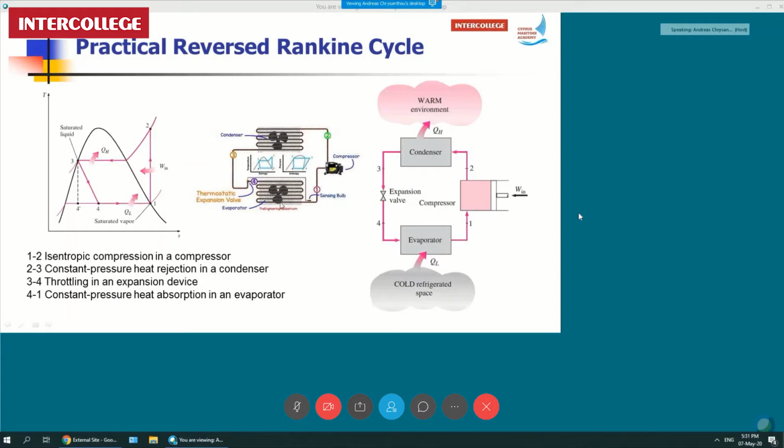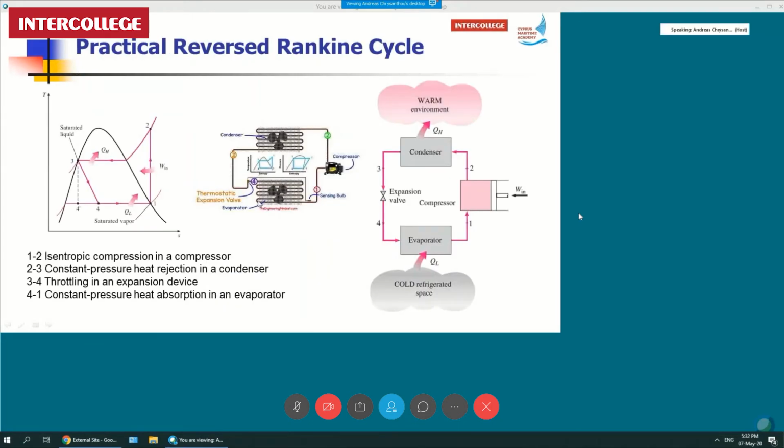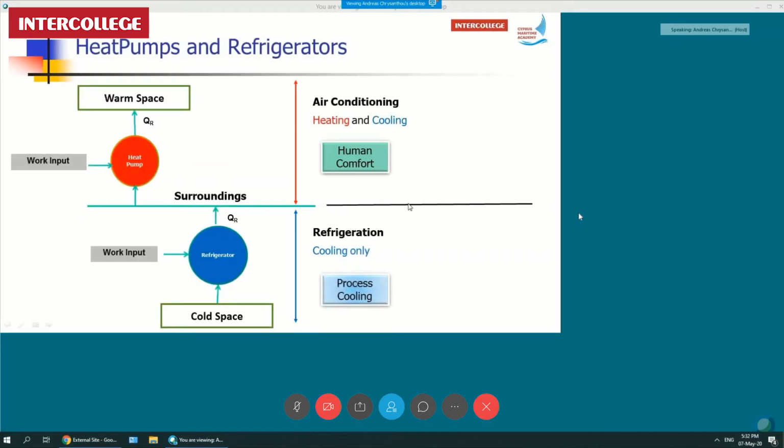The evaporator can be something like, in a room, extracting heat from a room, and the condenser is a device, a heat exchanger, which rejects heat into the environment. Okay. Now, this system here, we call it a refrigerator or a heat pump system. Now, what is the difference between a refrigerator and a heat pump system? Well, both of them do the same thing. They operate on the reverse Carnot cycle. They both extract heat from a cold